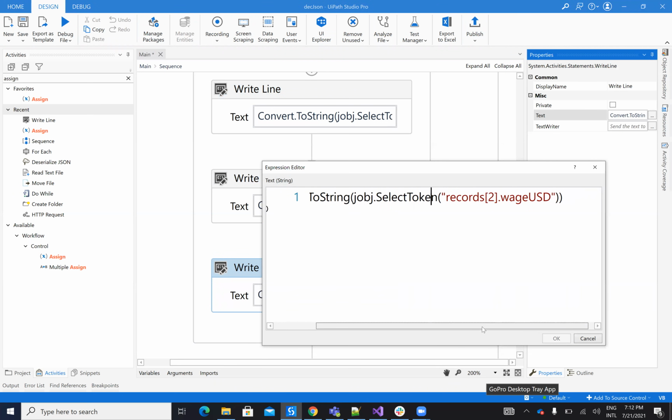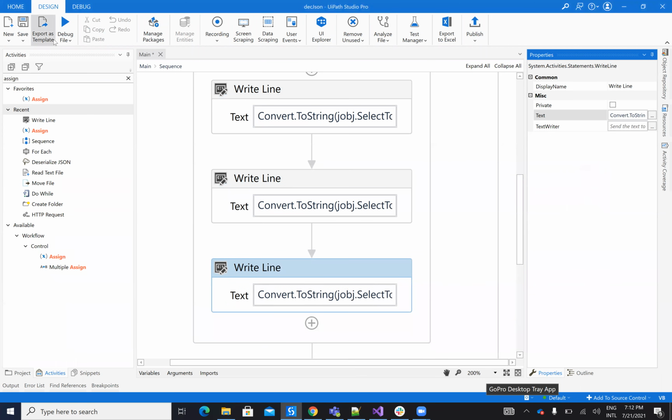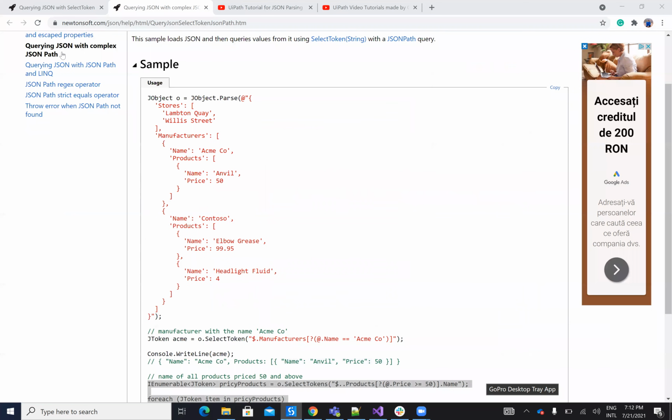I'll say G object SelectToken records 3 wage USD. Okay, let's run it and see the result, and then we'll go to the next step.